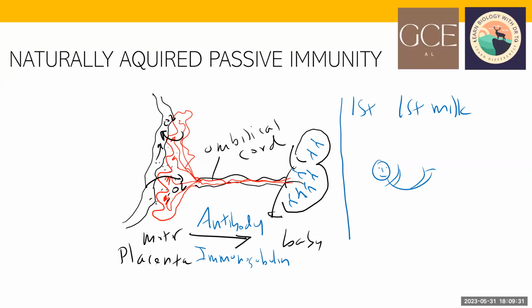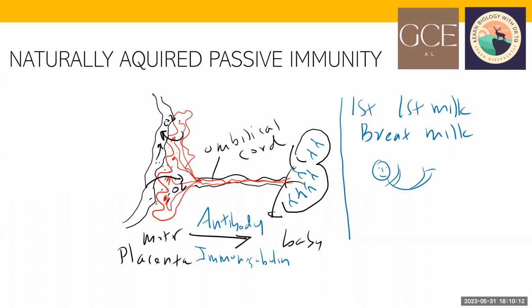This is called colostrum. The first milk is called colostrum. When the baby starts to feed immediately after birth, the first milk has a very rich amount of antibodies. So antibodies go into the digestive system. Luckily, the baby's digestive system is not really good at developing protease enzyme, because antibodies are proteins that can be digested. But in the early few days, the antibodies can go into the baby's side without digestion, and breast milk can also give this antibody.